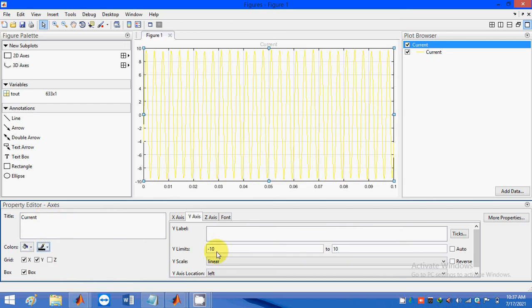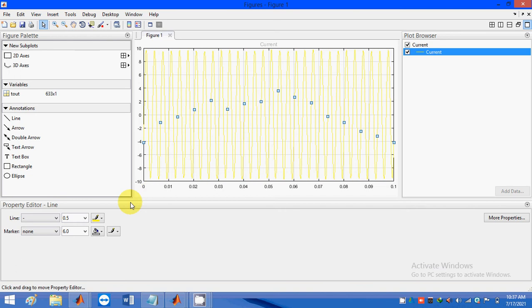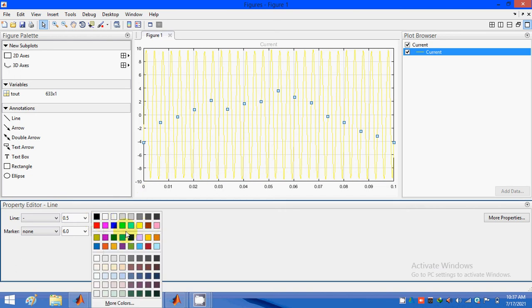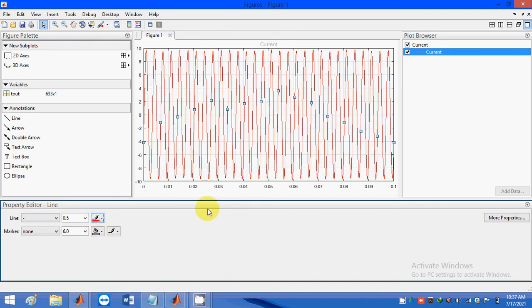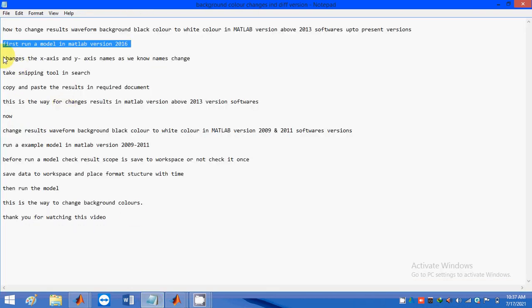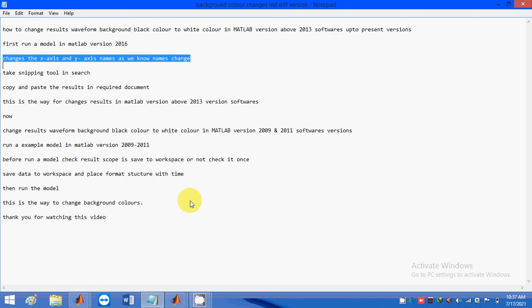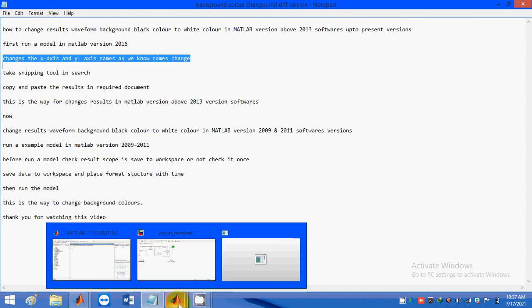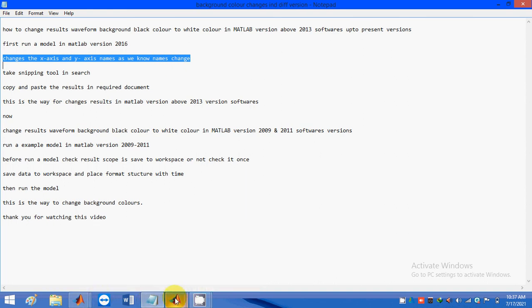Also we need to change the color of the waveform. Suppose you want to change it into red, click on the red color. And suppose you want to change the x-axis and y-axis names.